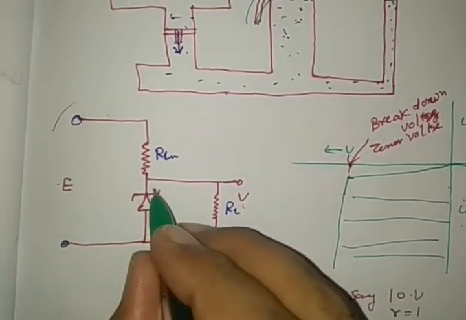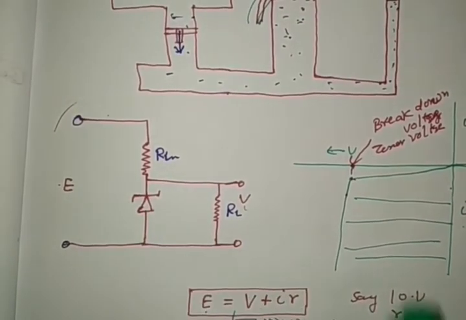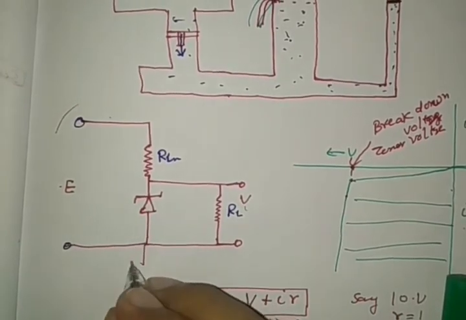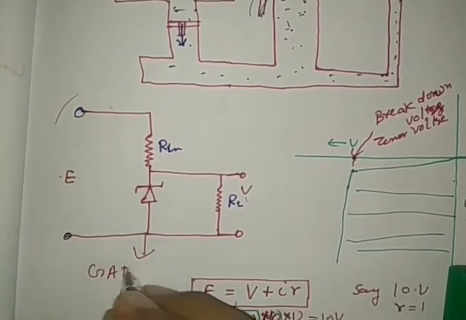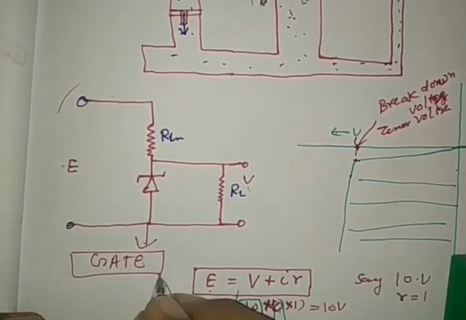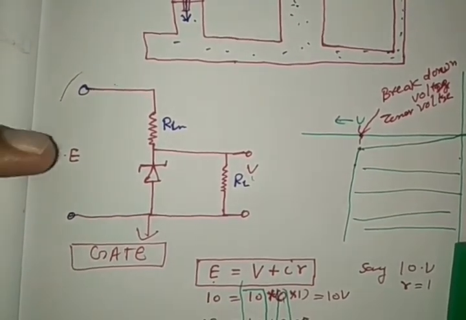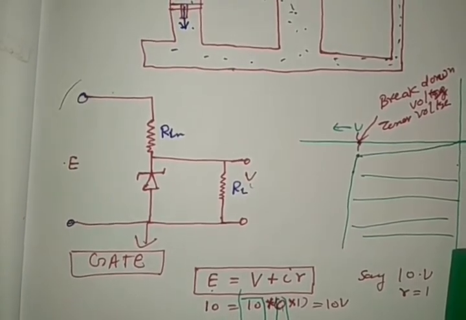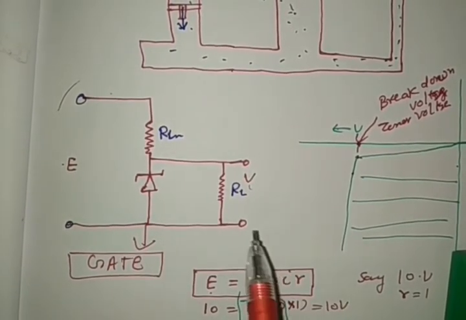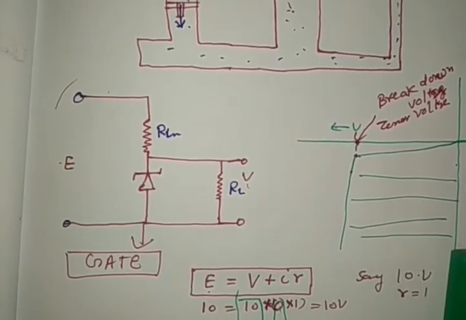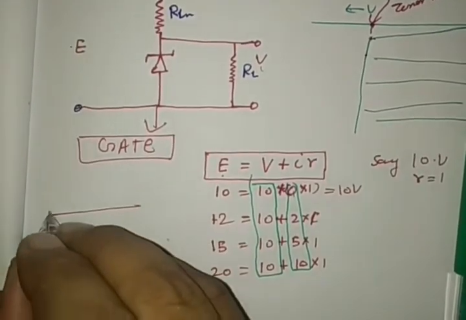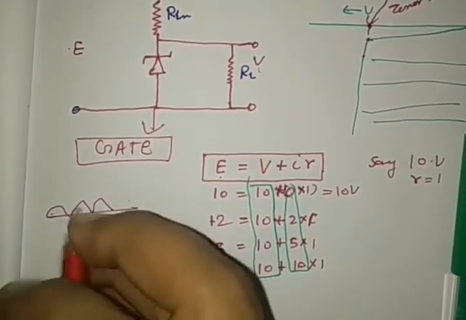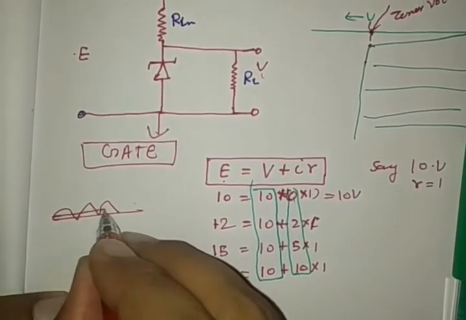Actually, the Zener diode in a circuit behaves as a gate. Remember, a door which allows only a certain, fixed voltage to pass. We can use this Zener gate in a rectifier also, where the output voltage is in the form of AC jumping form, and it can regulate it in the form of a constant voltage.